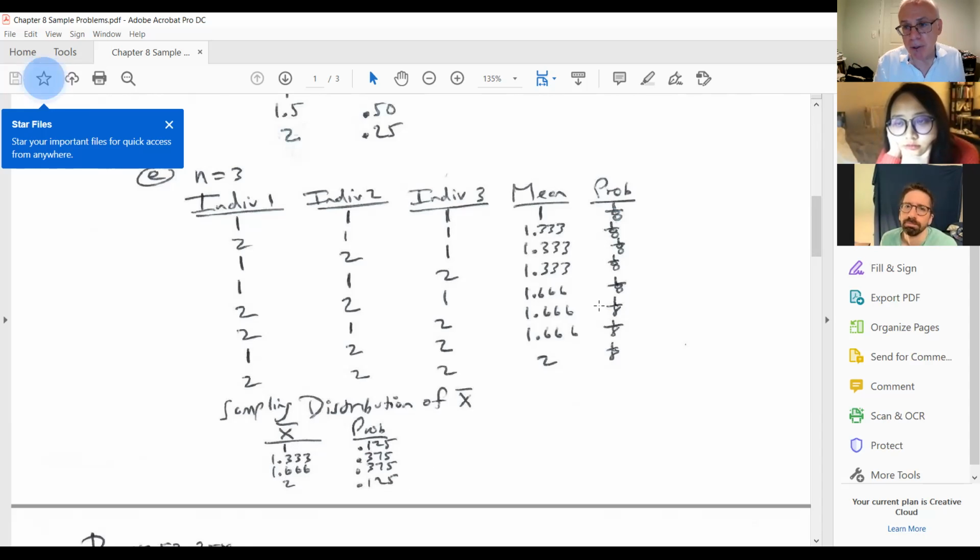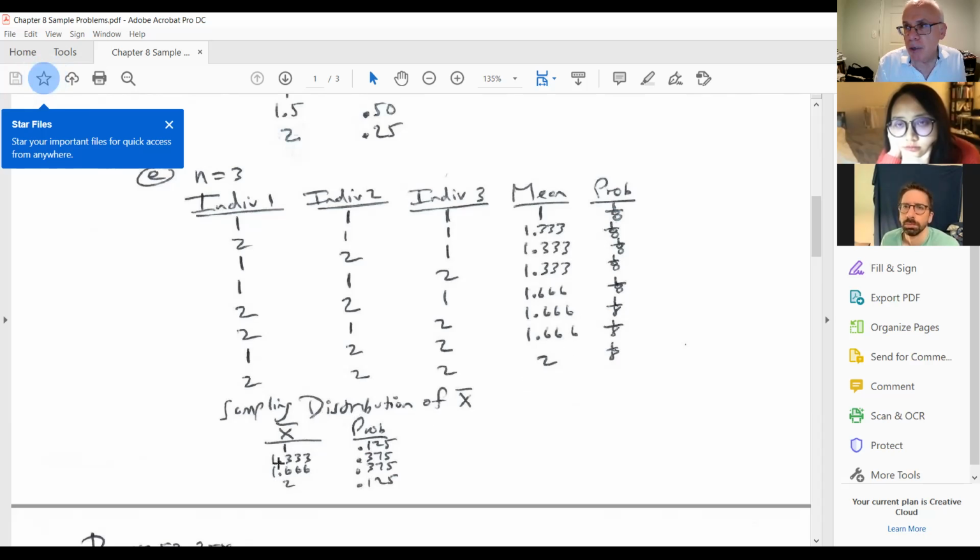It has to be. You're taking a sample from a population that has a mean of 1.5. The sampling distribution's mean must be 1.5, period. End of statement, right? You understand what I'm saying? The mean of this has to be 1.5. It just has to be. Now, if we just kept everything as fractions here, you could see it would be 1.5,